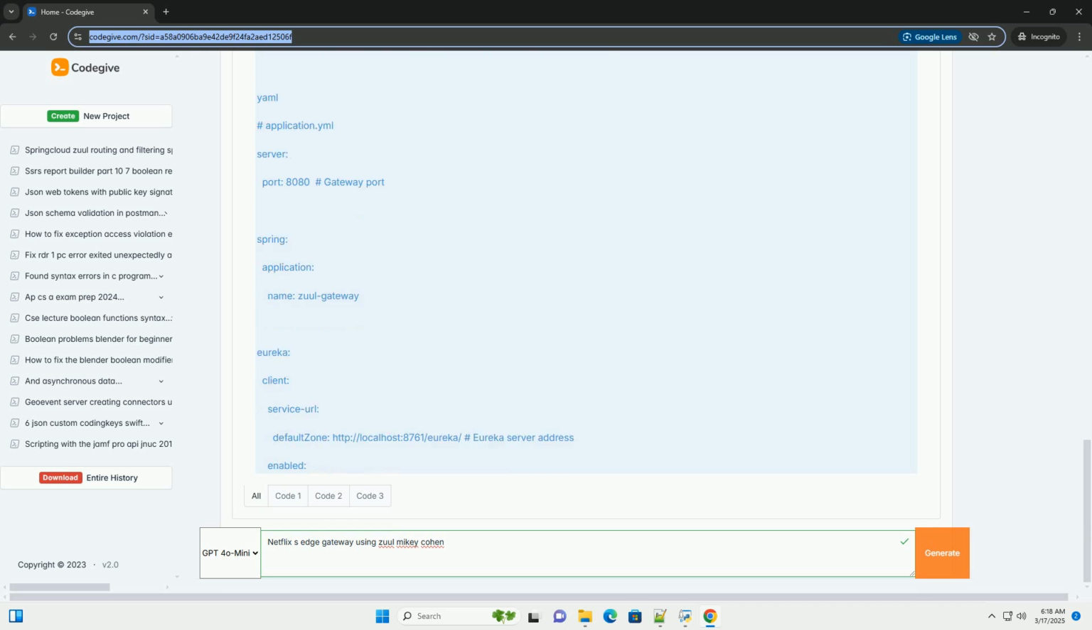Code example, Spring Cloud Gateway rate limiter. Here's an example of using Spring Cloud Gateway's rate limiter. RequestRateLimiter adds a rate limiter filter. The parameters are